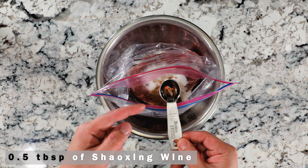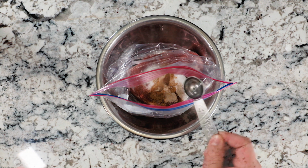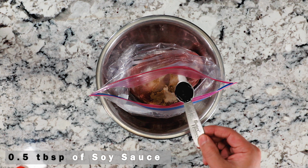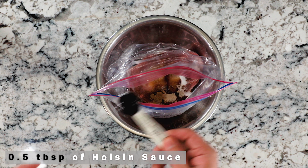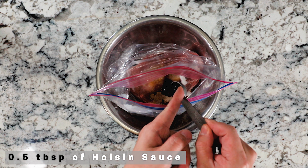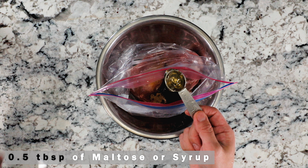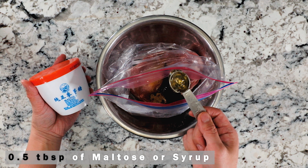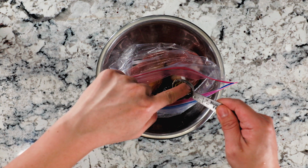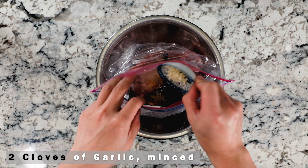You also need a 1/2 tablespoon of Shaoxing wine, 1/2 tablespoon of soy sauce, 1/2 tablespoon of hoisin sauce, 1/2 tablespoon of maltose or syrup, about 2 cloves of garlic finely minced,